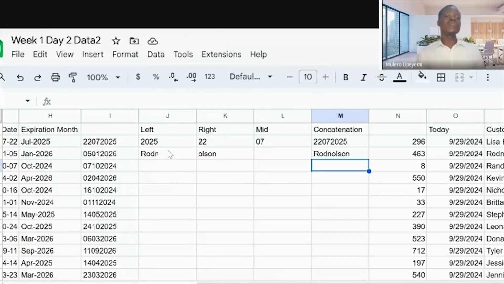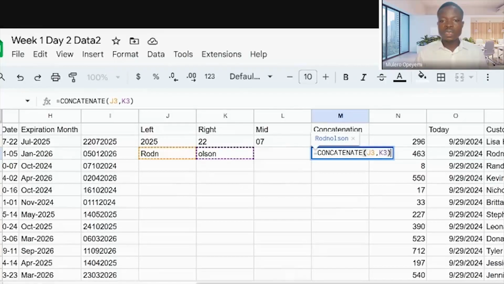Now, take for example, if this is somebody's first name and this is the last name, and I want to concatenate the two, but then I need a space in between the first name and the last name so that it will not appear as just one name. What do I do? The same function concatenate. Before the second thing, I will just include double quotes.